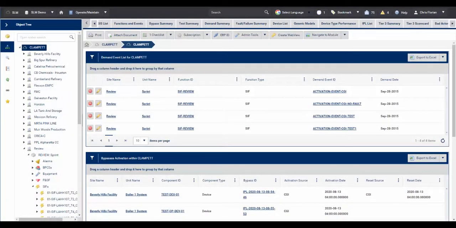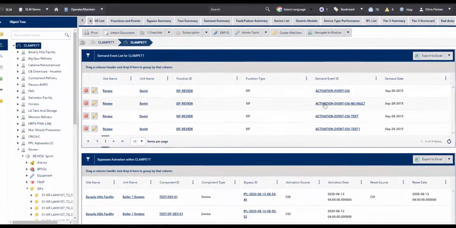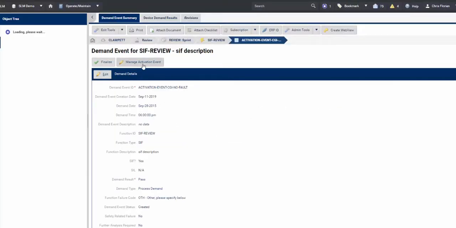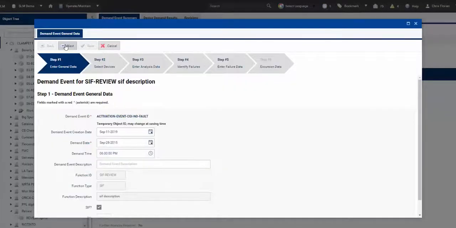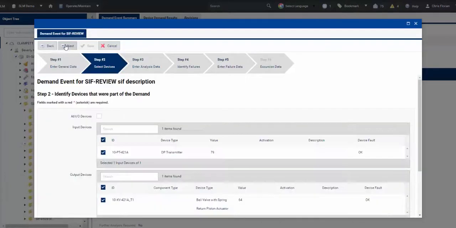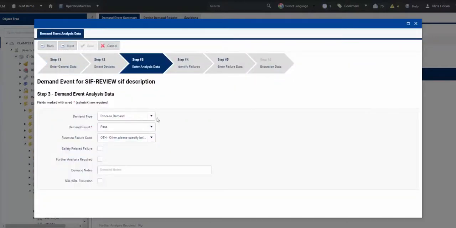The automated event record table displays new events that have been populated from the historical data. Clicking on the demand event will navigate you to a location where you can manage your activation or demand. This workflow will take you step by step through the process, entering in information along the way, like your demand date, time, description, your devices that participated in this demand, the demand type, where you can choose between process demand or false trip,